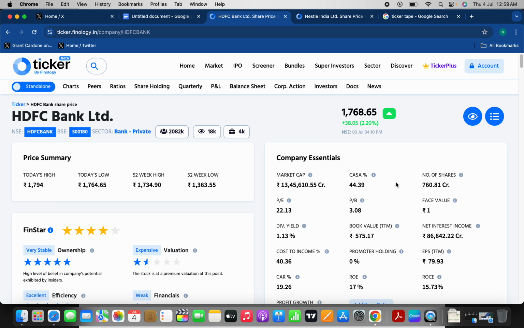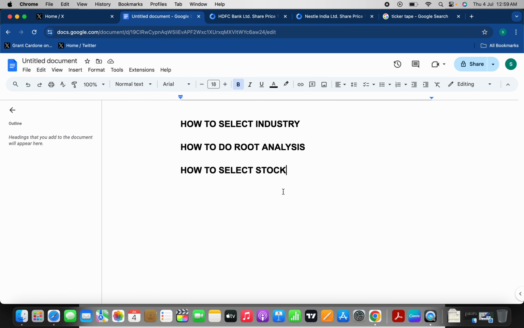HDFC, you have market cap, you don't have enterprise value, but you have something called the CASA ratio. Now, what is the meaning of CASA? Right? There is something meaning for CASA. Let me explain it out here. The meaning for CASA represents current account and savings account. Right? So, why am I giving you the example of banking industry? Because